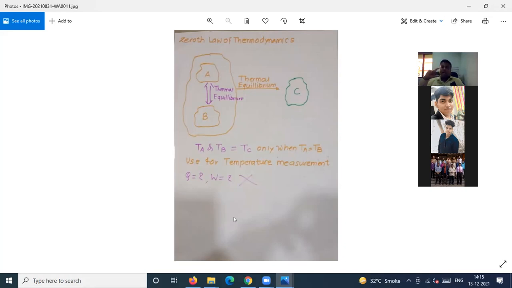See, the zeroth law of thermodynamics only talks about temperature. That is a limitation of the zeroth law. When you talk about the zeroth law, it is related with what? Only temperature. So see, can you answer my question? If the temperature of body A is 50,